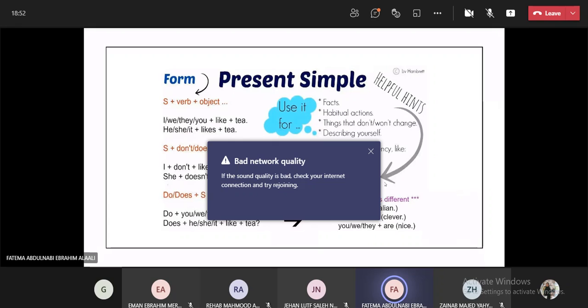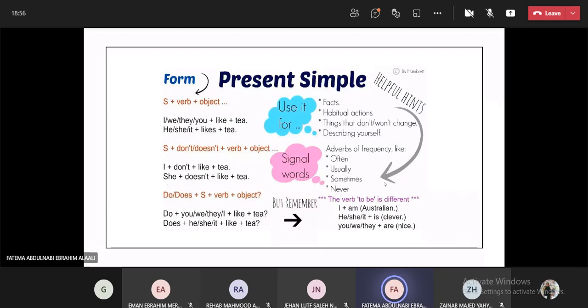Okay, with the subject he, she, it. Here we have: he likes tea. Present simple, we have two forms. And the verb is infinitive. And the second one,